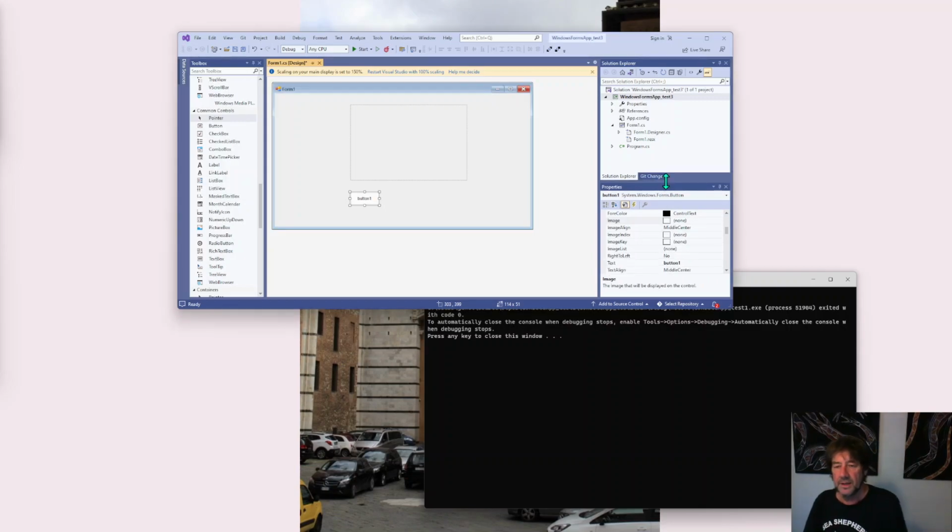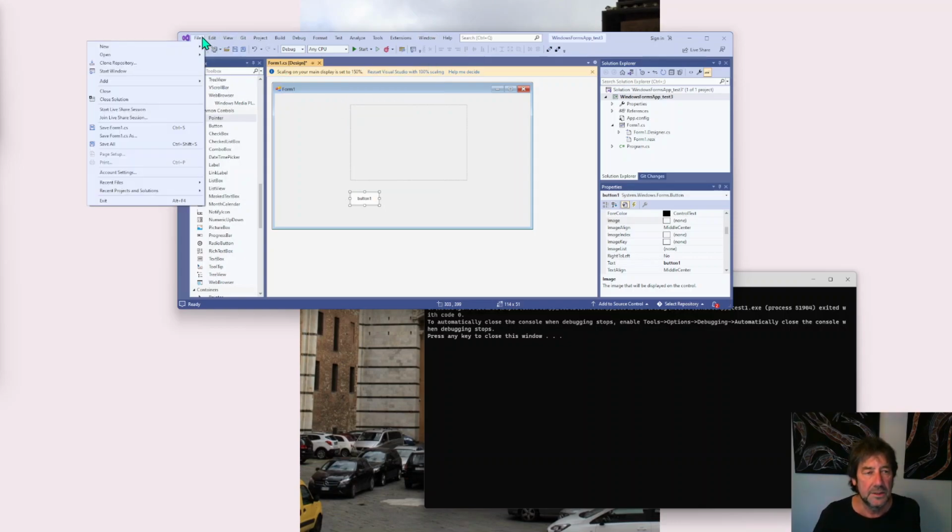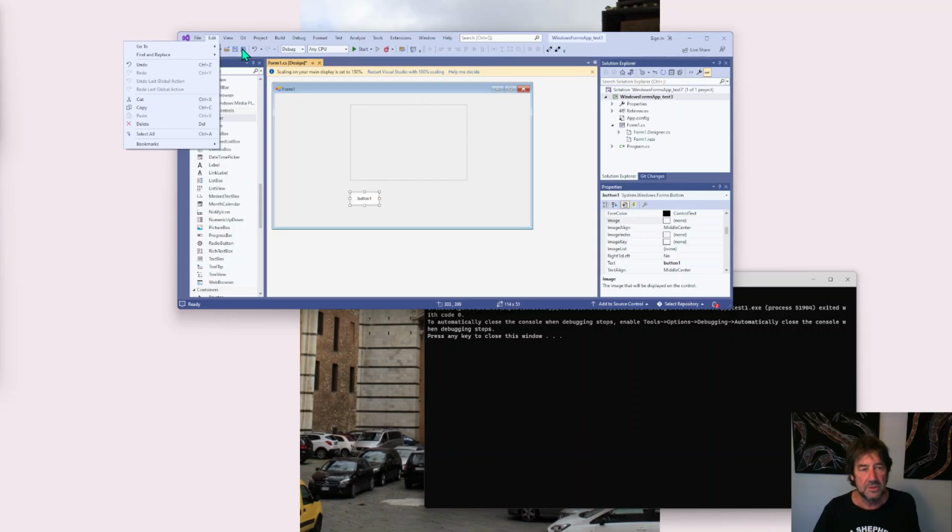If you want to work out how to get back to this screen and you delete some of these, like if you click X there and delete the properties window, you can always go to reset your window layout, which is a useful thing to do. Anyway, in this case, I'm simply going to save this program again, and I'll come back to that and we'll make a simple slideshow program for our first